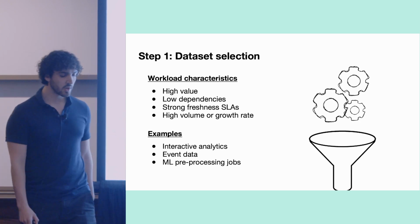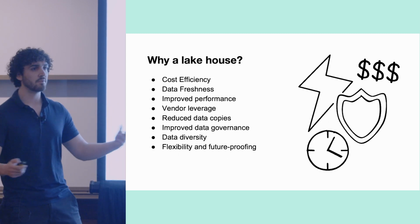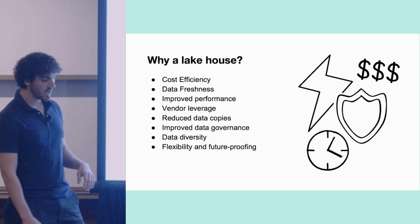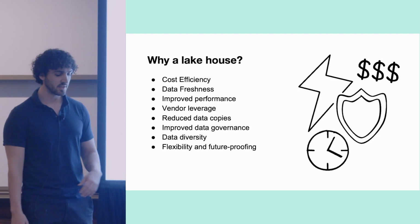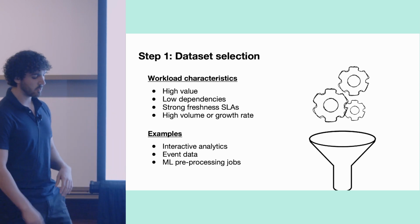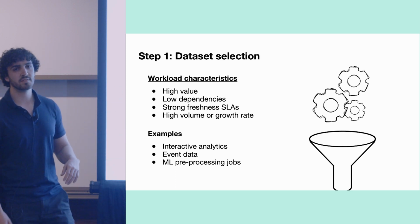So with all that said, this is a privilege that's usually reserved only for large teams that can afford to bring on 5 to 7 engineers to build that data platform. But we think it's becoming easier and easier for smaller teams to have this option. And so here to talk today about if this is something your organization is considering doing, some of the things you might face. So the first thing you'll have to do is select how you're going to move